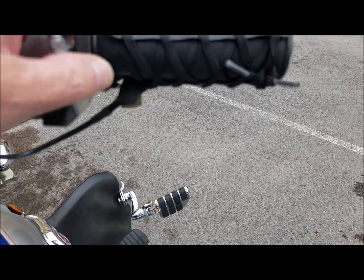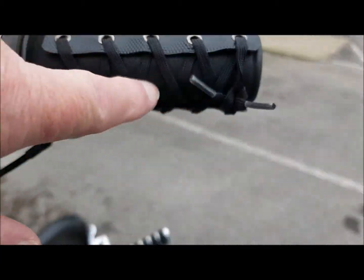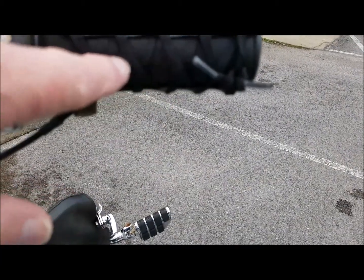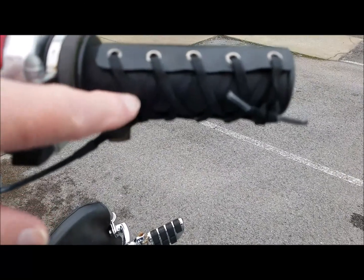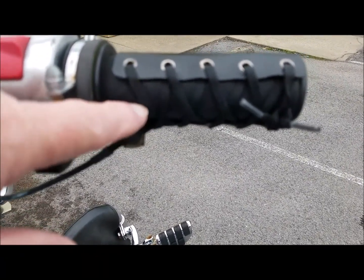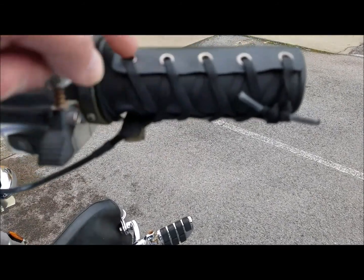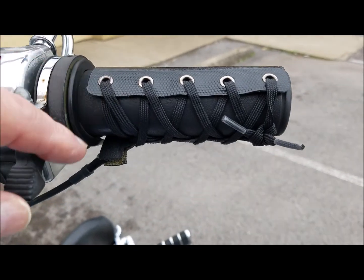They kind of work, but like I said, you end up with this big gap in here that's not even heated at all, and the laces they give you loosen up real easy, so even when you get it really good and tight, it'll come loose really fast. And if you pull too tight, it'll start to pop these rivets, and then it'll just tear right through the